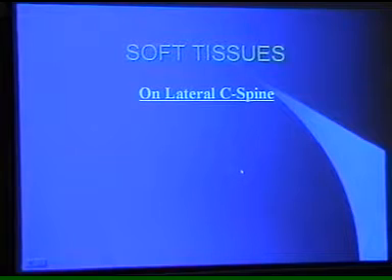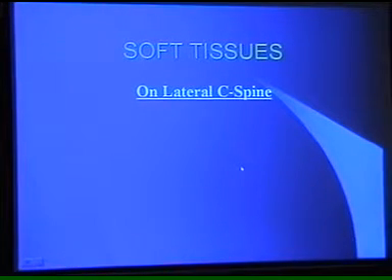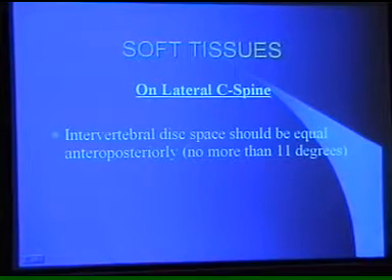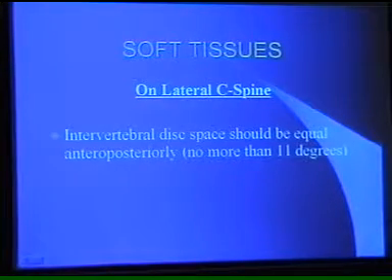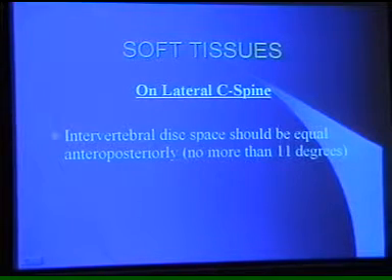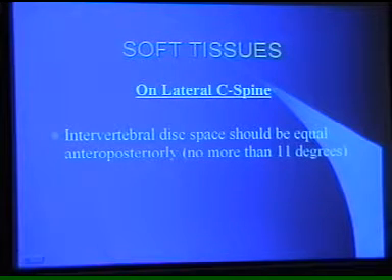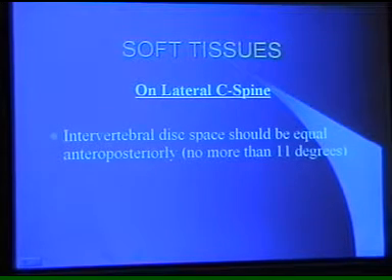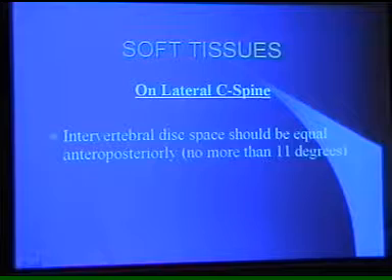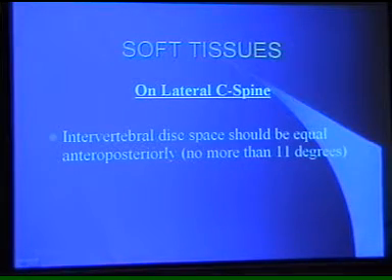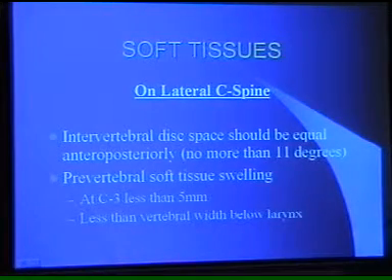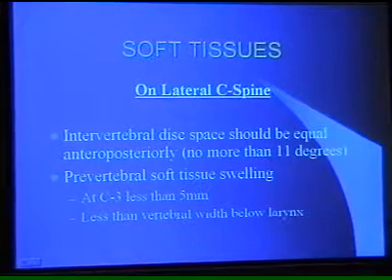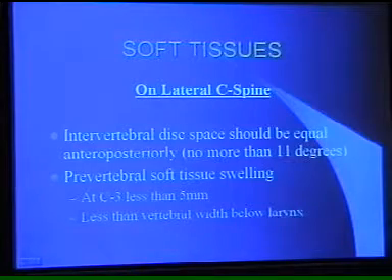Now lastly, looking at the soft tissues. On a lateral C-spine, the intervertebral disc is the first soft tissue you look for, cartilage and soft tissue. The space between the 2 vertebrae should be symmetrical and should not be reduced compared to the vertebrae above and below it, and it should not be tilted more than 11 degrees. This is a rough calculation, but if you're looking at the disc, you measure the distance between the 2 vertebrae